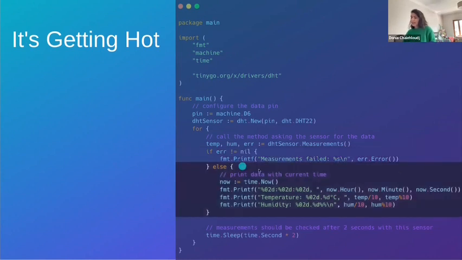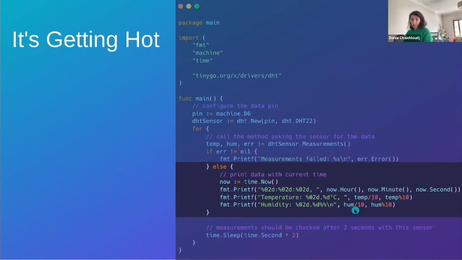And then, in case everything went well, we print again the current time.Now, using the hour, the minute, and the second, and the temperature in degrees Celsius. Here it is divided by 10 because the microcontroller sent it times 10. Same for the humidity in percentage, it's divided by 10 here.